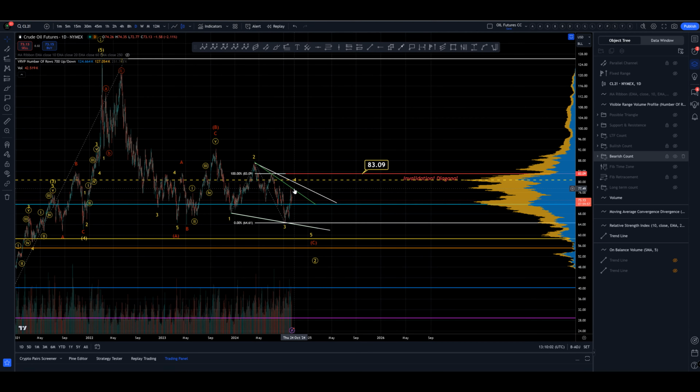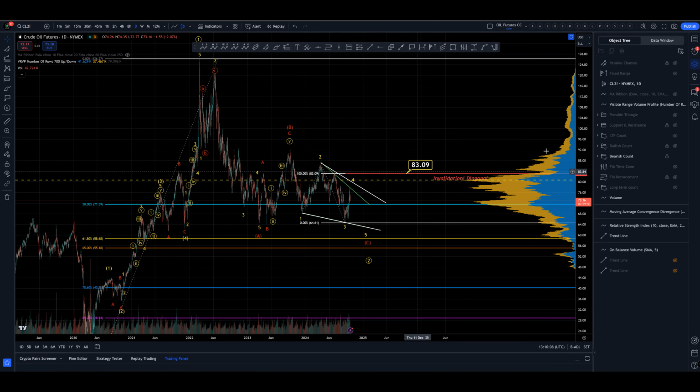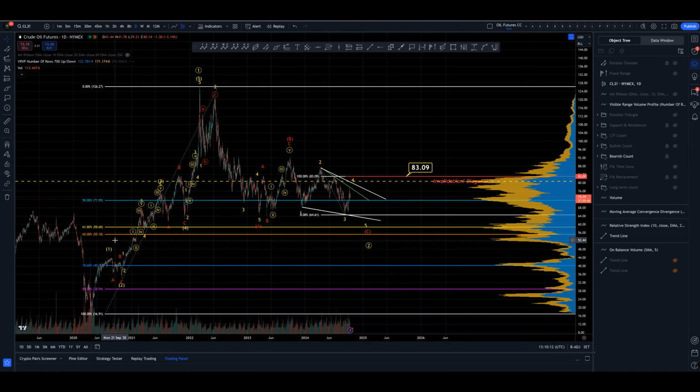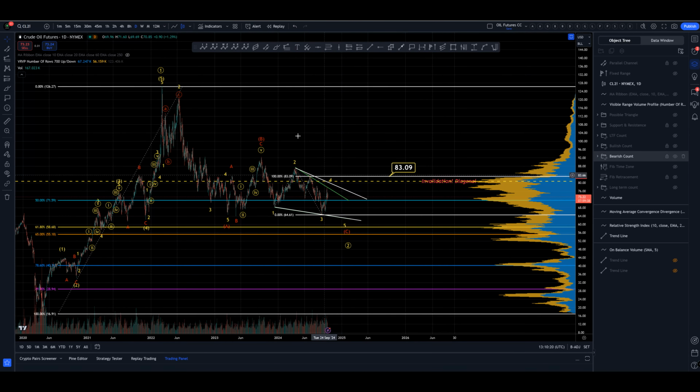Okay, we don't know exactly where that's going to be because we're not convinced we've got the 4 in yet. It could be in, could come a little higher. We don't know. But either way, this would leave price a bit lower, maybe to the 61.8%, around $58, $59. But we can't go much lower than that because the diagonal structure won't allow it. Right? Like I said, that 5th can't be longer than the 3rd, right? So that limits our options.